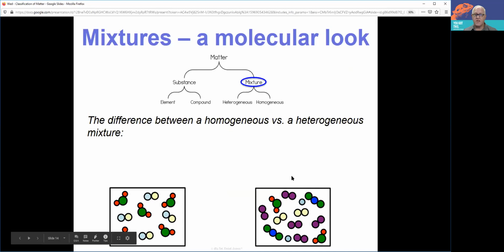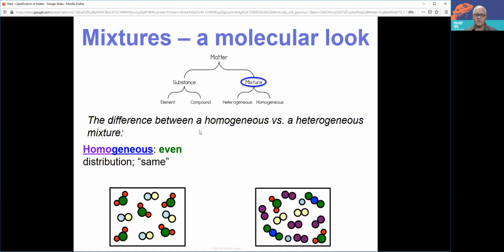But if we take a look at that mixture, let's jump down into it from a molecular standpoint. The difference between a homogeneous and a heterogeneous mixture: the heterogeneous mixture could easily separate, but a homogeneous mixture is an even distribution. So we'll always have an even amount of items in it. So for example, salt water. Salt water is a combination of